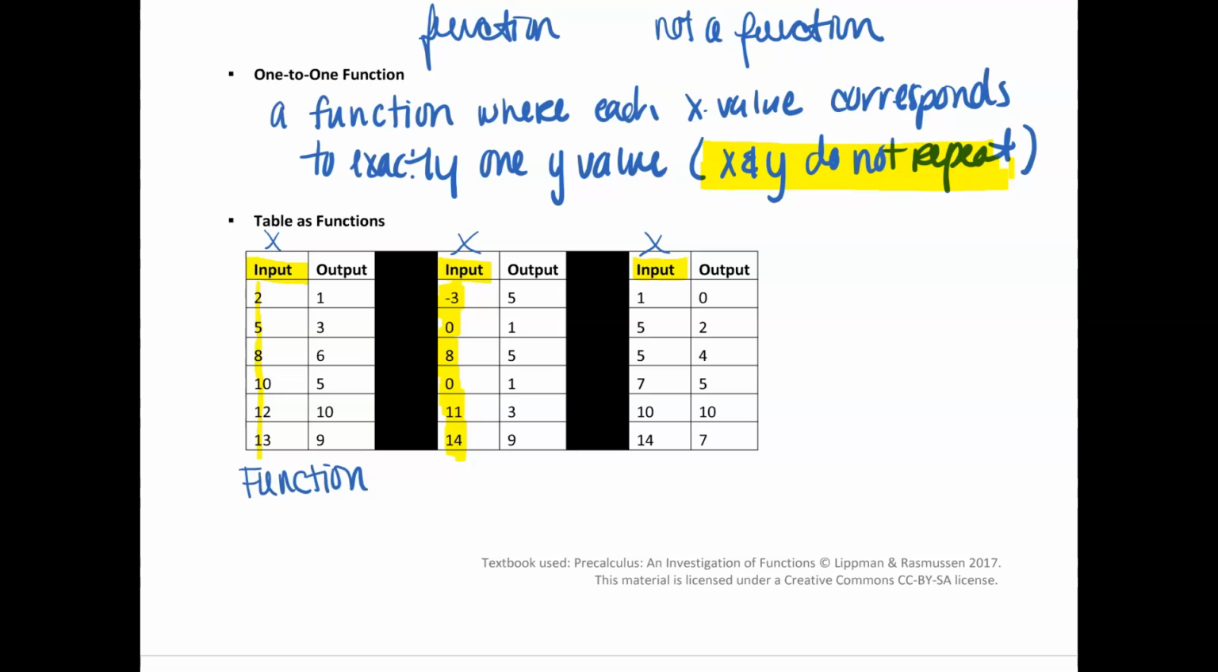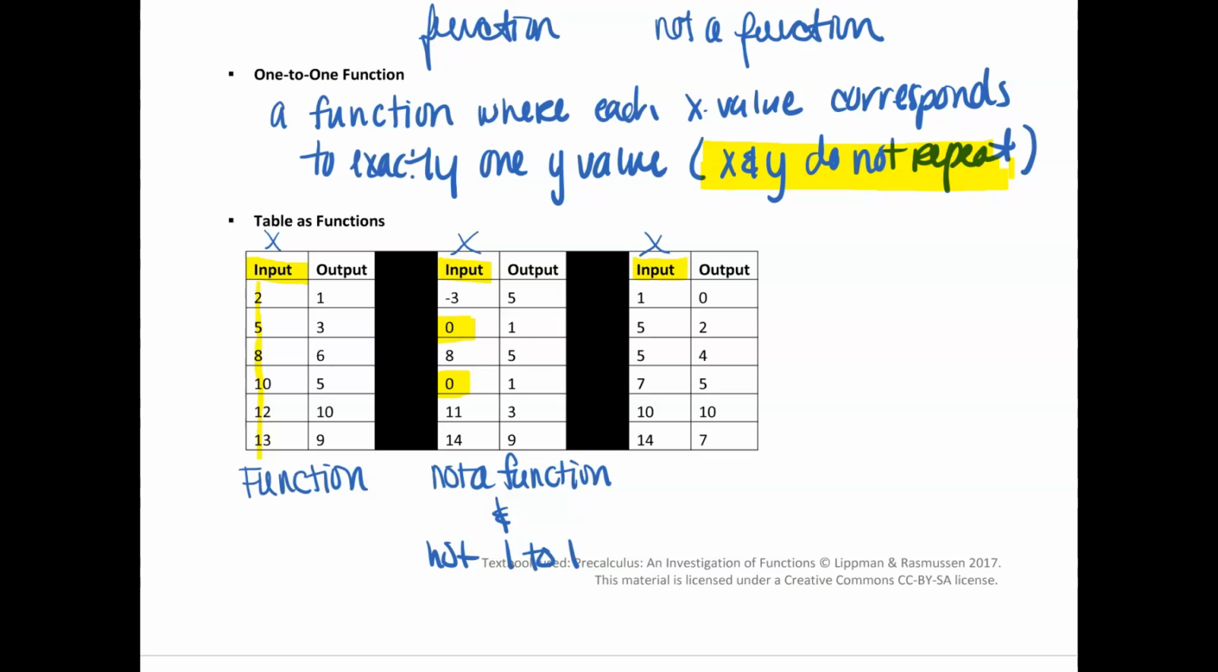We look at the next one, again just looking at these x values, and you can see that right here there's a 0, and right here's a 0. So this one is not a function. Now the fact that it's not a function, we could also say that it's not one-to-one, because it has to not only satisfy being a function, but it has to satisfy the fact that the y's don't repeat. So if I can't get it to be a function, there's no reason for me to check